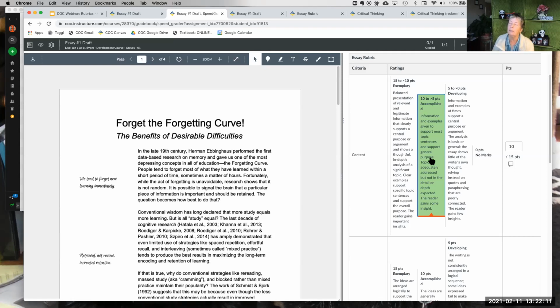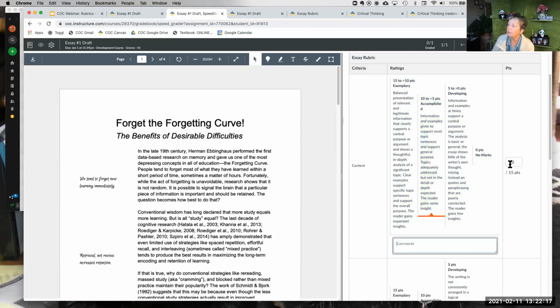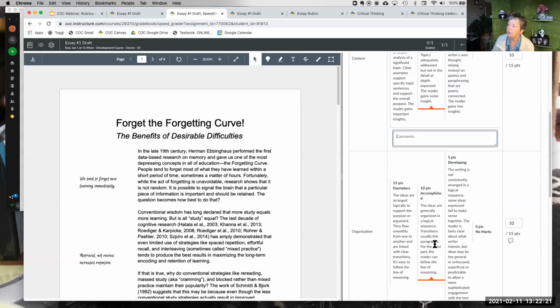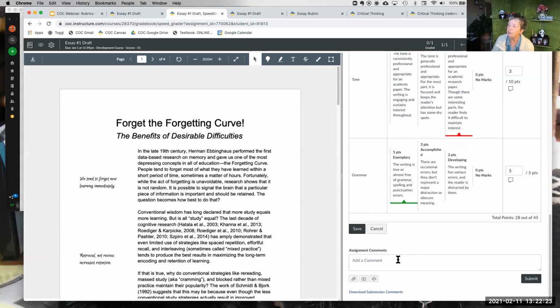It's in your rubric. But if there's specific individualized feedback for a particular criteria, you can use the little conversation icon to write comments. You also have the ability to write just general comments down at the bottom. And then of course you always have the annotation comments as well. But I just love the whole rubric speeding.